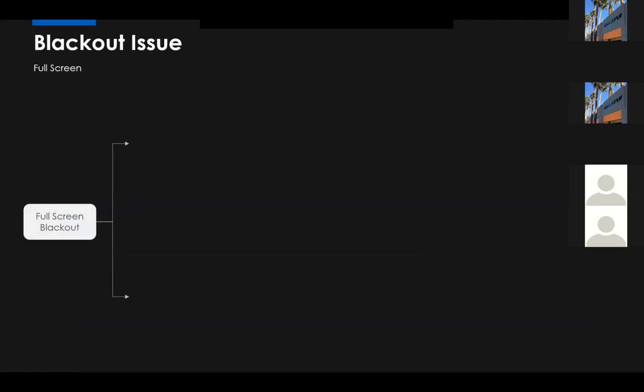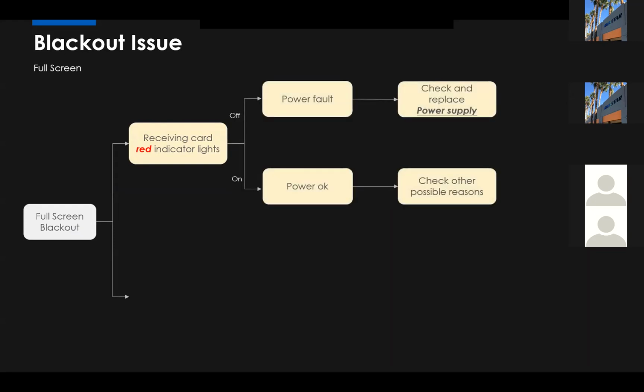All right. After we know how to troubleshoot these issues, let's take a look at the detailed troubleshooting ideas. First, we can make a simple judgment based on the blinking of the receiving card indicator light. Just as I said, be friends with the receiving card. Yes, the receiving card will tell you what the status is now.